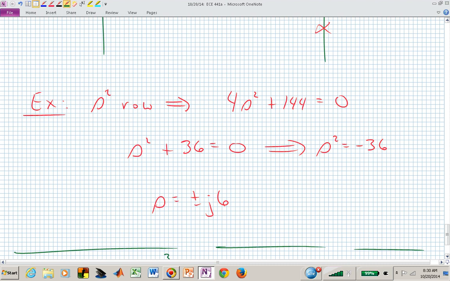So here the question was, if those were poles, if this polynomial was in the denominator of our closed loop transfer function, is our system still stable? So we know we don't have any roots in the right half plane, from our Routh array. We do know that we have 2 on the imaginary axis. Some textbooks will say that system is marginally stable. I would say I wouldn't want to have that as a system, because